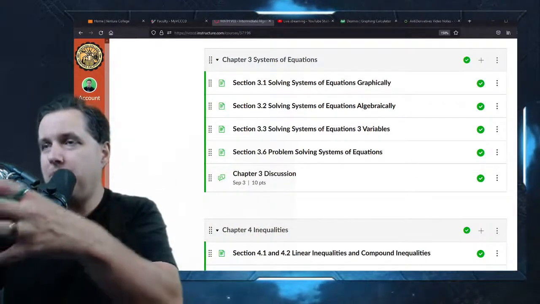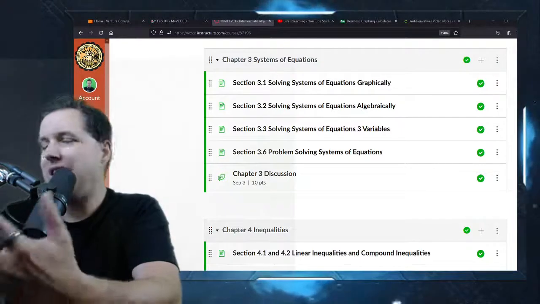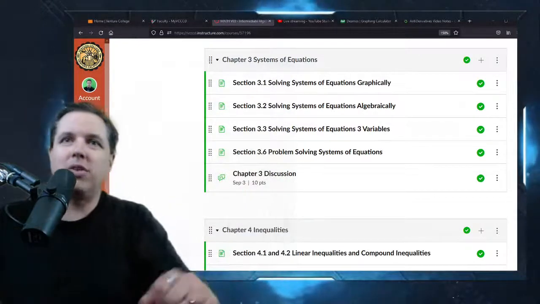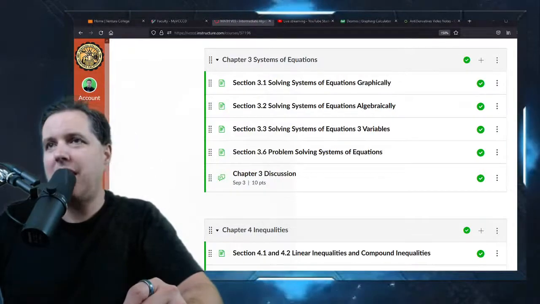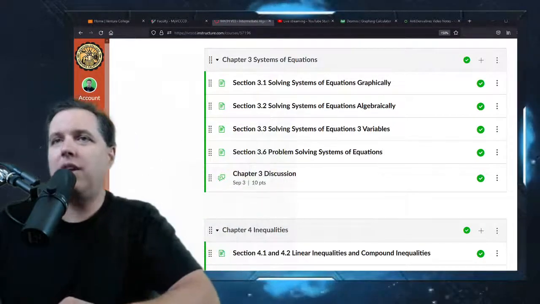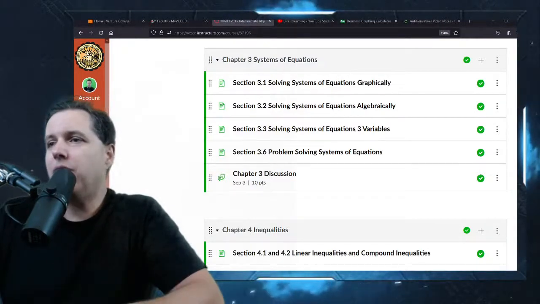You're learning the basics of systems of equations, and that's why when you read the problems, they can seem ridiculous. Like there'll be problems where this cookie has this many calories and this candy has this many calories. And you, as a real person, who cares, right? For a problem like that.